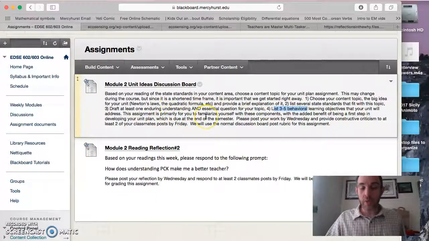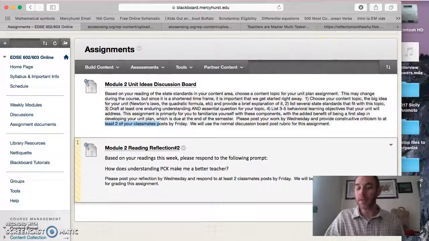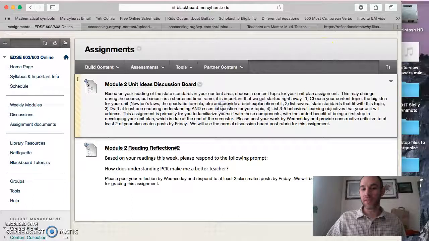And then you're going to post that by Wednesday, and then comment, critique at least 2 of your classmates' posts. Look at them. Are their behavioral objectives observable and measurable? Is their essential question an easy question to answer? If it is, then it's not really a very good essential question. Look at their content topic. Is it too broad? Is it too narrow? Now, I know you're not experts, but by looking at other people and thinking about it critically, you're going to get better at recognizing these and making your own. So you're going to give it your best shot to give them some constructive feedback,